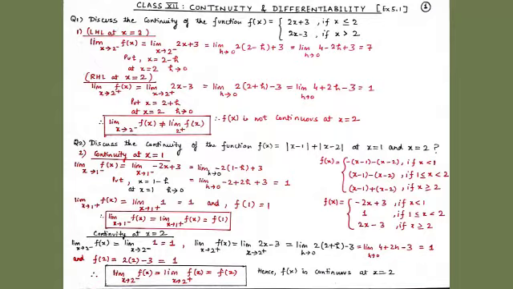So we can write it as limit x tends to 1 minus f(x), which is equal to limit x tends to 1 plus f(x), and this is equal to f of 1. And now we'll check at x equal to 2. So first we will take the left hand limit, which is equal to limit x tends to 2 minus f(x), and this is equal to limit x tends to 2 minus. So according to our function, at x less than 2, our function f(x) is always equal to 1. So therefore, student, we get limit x tends to 2 minus of 1, and this is equal to 1.